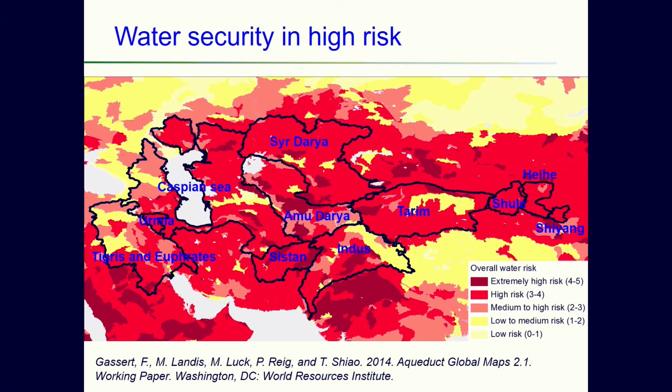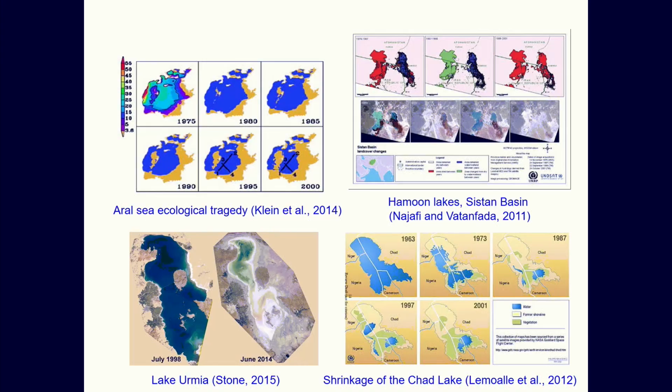And also this red map just shown by our first speaker this afternoon session. If we overlay these river basins with water security, we can see most of these river basins are at extremely high risk, even medium to high risk. Because of the overexploitation of water resources and also because of climate warming, we can see in the Aral Sea, the